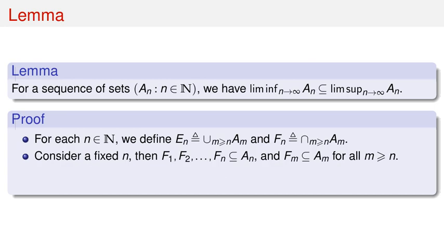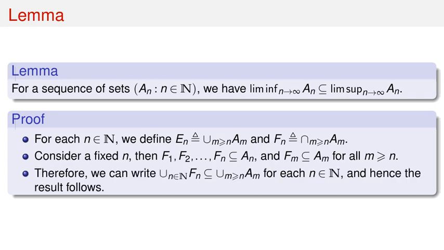This line in the beamer seems a bit off. The previous F_n subset A_m for m greater than or equal to n is more direct. Therefore, we can write that the union over n in N of F_n, which is the lim inf A_n, is a subset of the union for m greater than or equal to some fixed n of A_m, which is E_n. Since this holds for each n, and E_n is a decreasing sequence whose intersection is lim sup A_n, the result